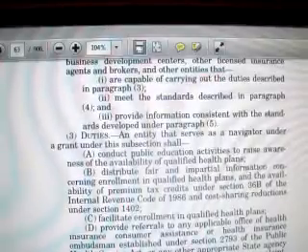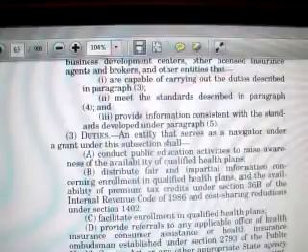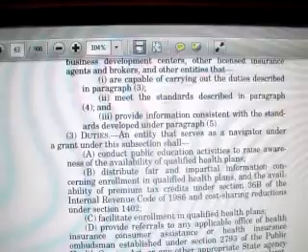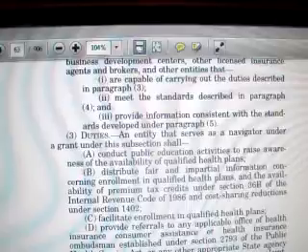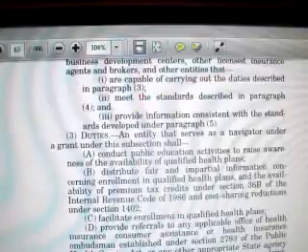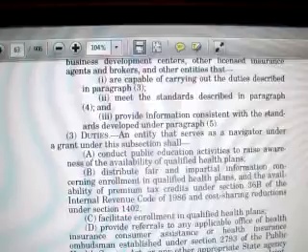Okay. Oh, and make sure that the information is impartial. Huh. In other words, you can't say, I like this company over that company who's going to give you health insurance. You can't do that. Really? Okay. Facilitate enrollment in qualified health plans. That means that this person that you're consulting with is going to help you enroll in that health insurance. Think about that.